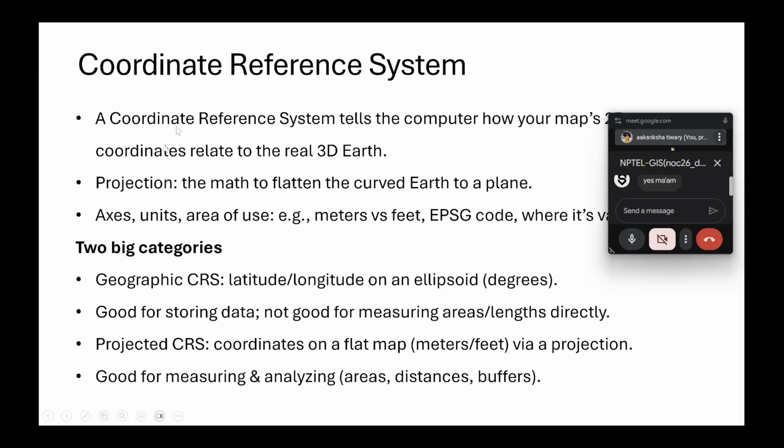Okay, so what you are doing is converting the 3D data into 2D data. So you can project it in different ways. There are lots of different projections, but even though there are different kinds of projection, when you calculate the area or distance or buffer, the value is going to be the same, because based on the projection, the software knows how to calculate the area